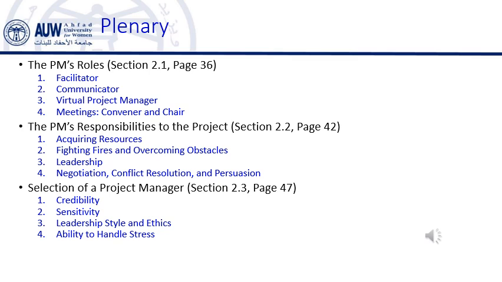For example, a PM must be transparent about project challenges, whether it's a delay in the schedule or a budget overrun. When the PM communicates openly and honestly, it reduces misunderstandings and helps everyone involved stay aligned with the project's goals. We've also discussed how acting ethically strengthens the PM's leadership and makes it easier to gain support from the team and stakeholders. This connects to the leadership and communication skills we've emphasized throughout the lecture.